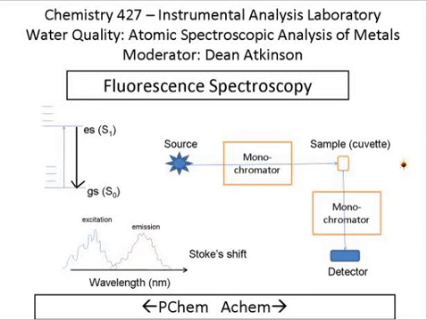So in an absorption experiment, we need to look at the light that comes from the source, goes through the sample, and makes it to the detector. Because what we're looking for is a decrease in the intensity of light that shows up at the detector. In this experiment, we do not want to see light that came from the source. And so the most logical place to put the detector is at a 90-degree angle to the source light, because that means that most of the source light is going to pass through the cuvette, come over here and strike some kind of a beam dump that's going to keep the light from following this path down this way and